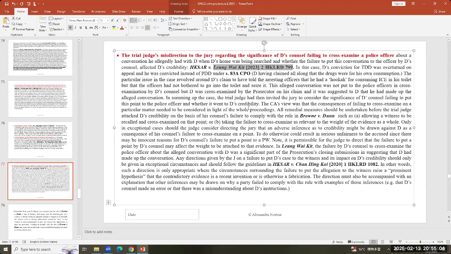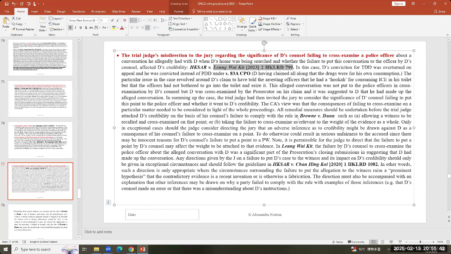So if your defense case theory is that the prosecution witness is a liar, the rule in Brown and Dunn says, in cross-examining that prosecution witness, you have to put it to them. Mr. Wong, I suggest to you, you are not telling the truth. You are lying to the court. That's putting your case, giving them the opportunity to deny that assertion. And if I don't put my case, I cannot argue in my closing as a surprise to everybody that he's lying. In Learn Why Kit, though, the defense counsel failed to put part of the defense case to the police